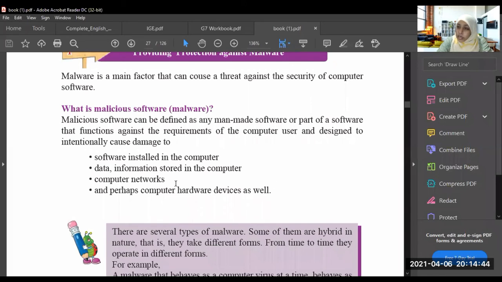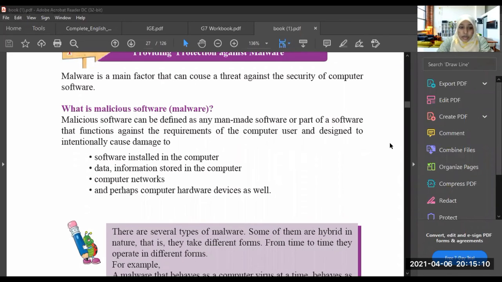It can damage the computer network. Also, it can damage the computer hardware devices as well. Yes, malware damages the computer software. Understood?